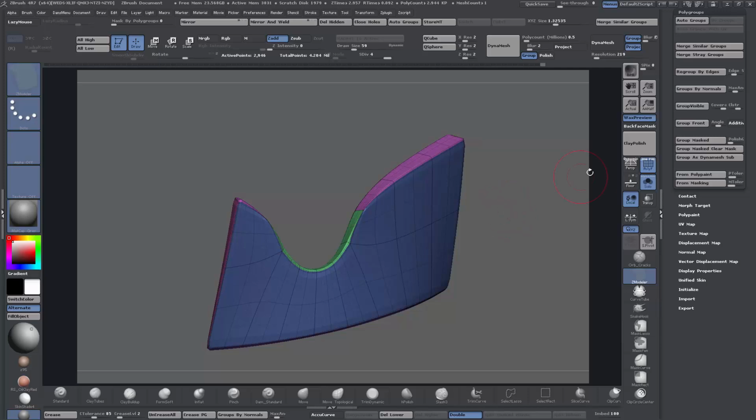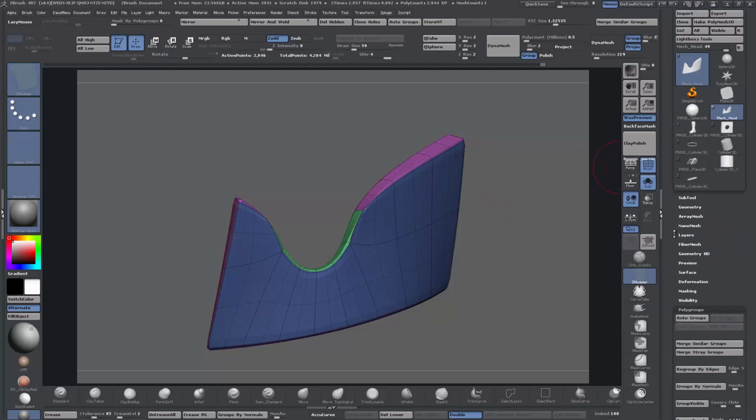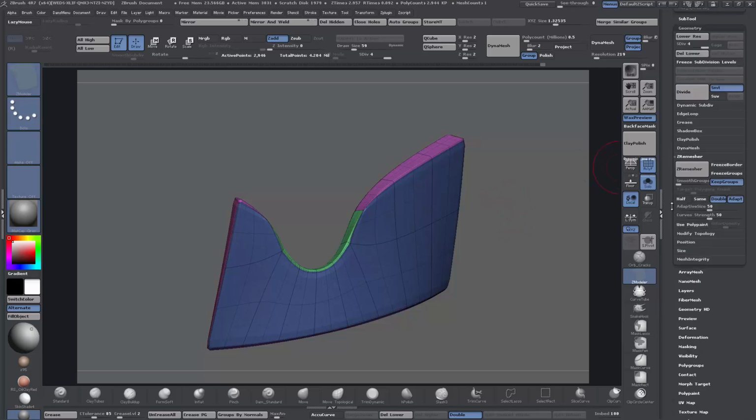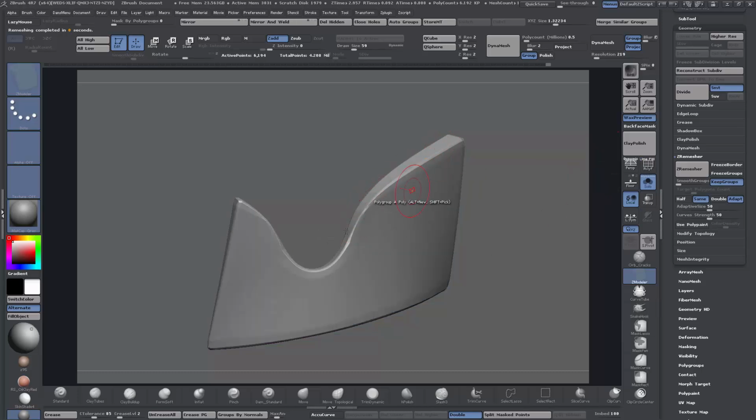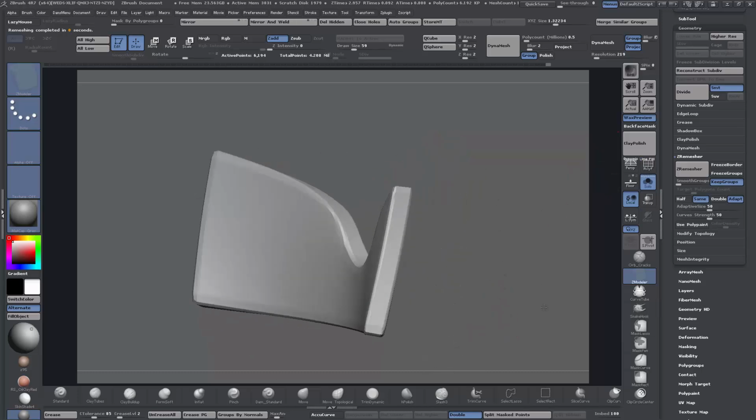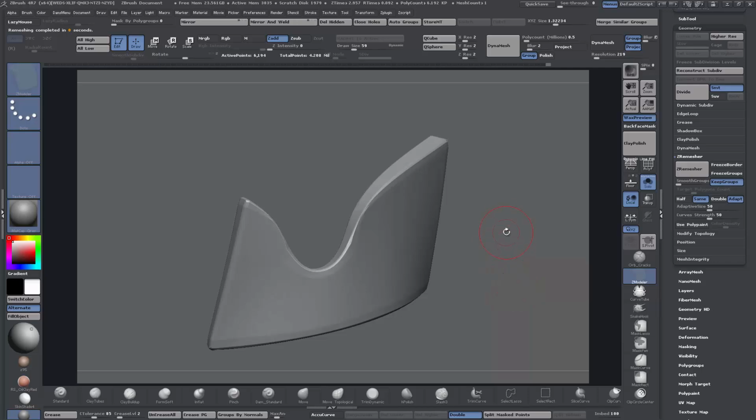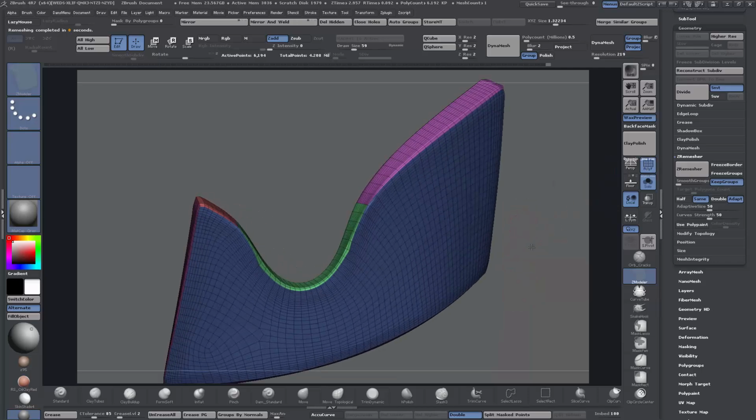Throwing polygrouping back on, and go back to ZRemesher. Keep groups is on, smooth groups is down to 0. It's important to play around with this slider. And then I'm going to ZRemesh at, we'll try same first. Yeah, I'll try same first. And you can see now it's kept pretty much our shape. It's identical. But now we have